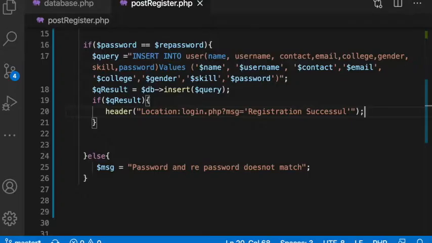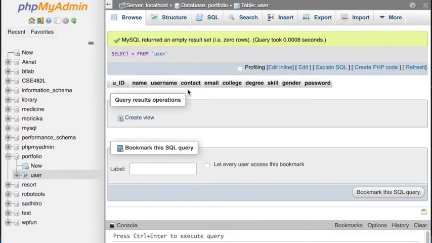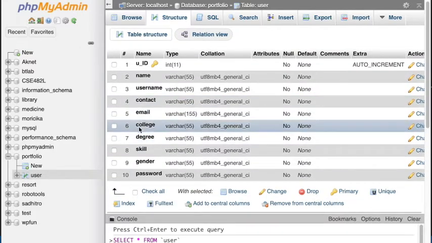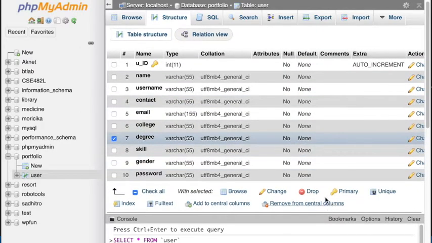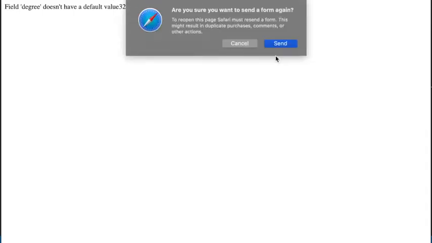Let me check. So gender, okay, I have messed up with this gender and degree or college. It should be college, after college, degree, skills. I think degree is extra, it is not included. So let me delete it, drop it. So now if I refresh it,